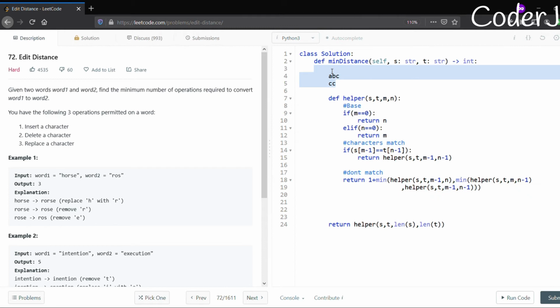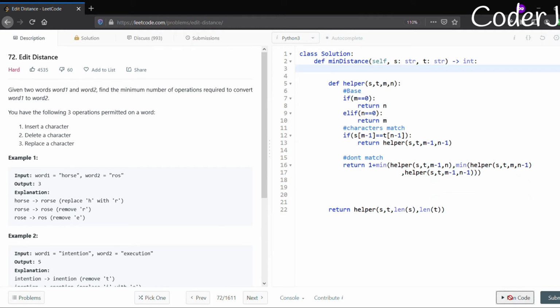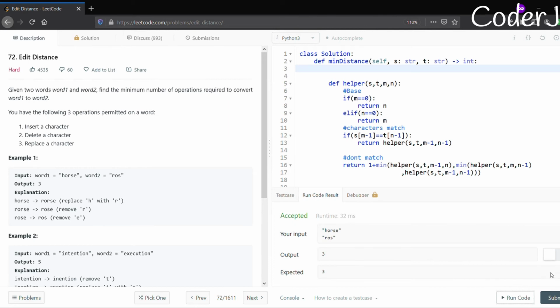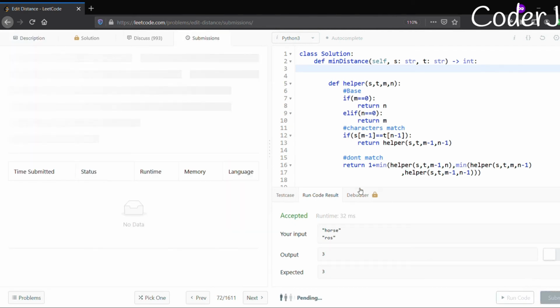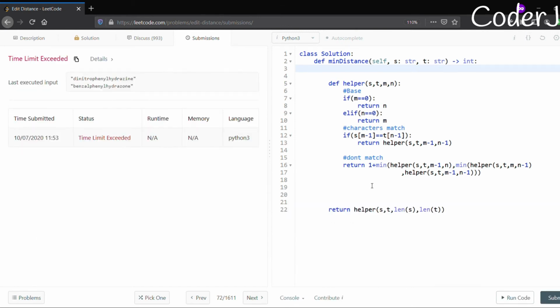So now let's actually try to see if it even works or not. Let me just remove this. Yeah, let's run our code. Let's see what happens. Okay, it got accepted. Now let's try to submit this. I hope that we get a TLE but not a wrong answer. Well, this was supposed to happen, so no issues with that. I'm happy that we got a TLE, right?